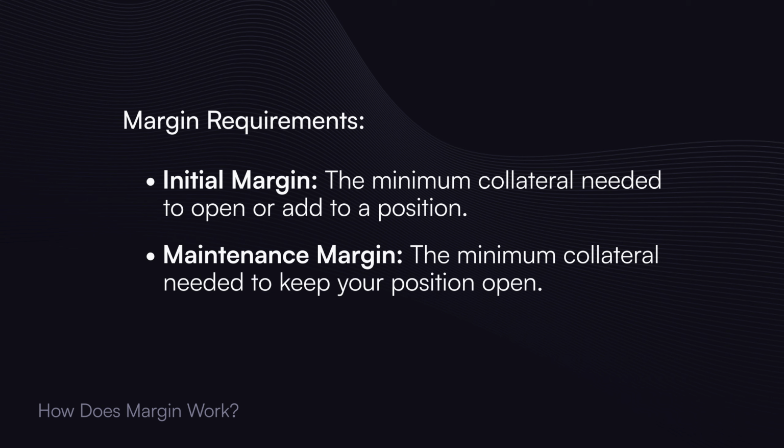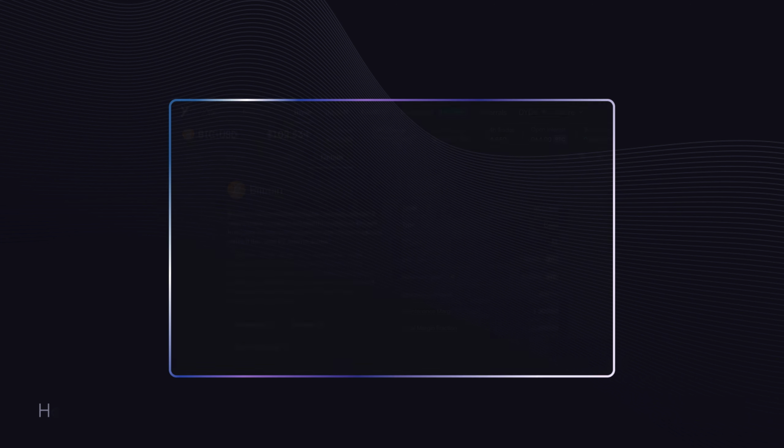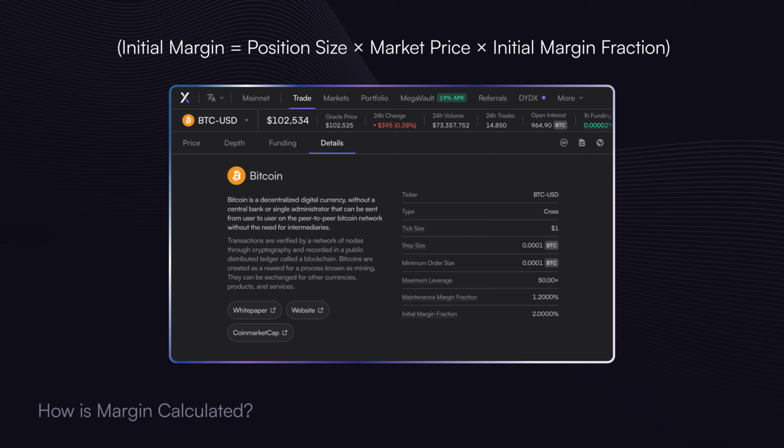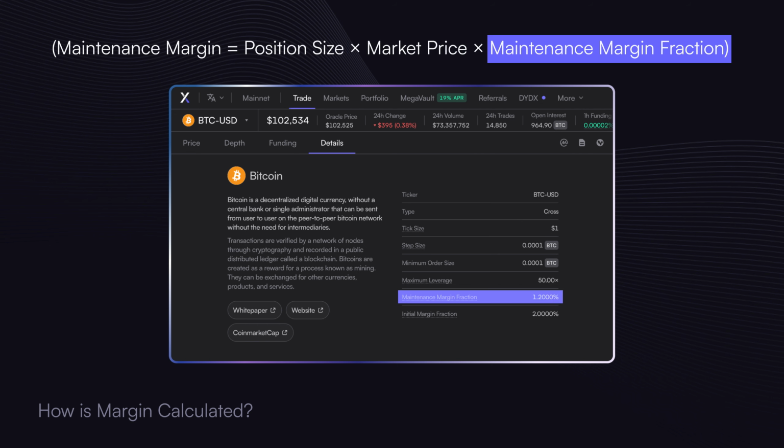The second is the maintenance margin, which is the minimum collateral needed to keep your position open. If your equity falls below this level due to market movements, your position could be automatically liquidated to cover the loss and protect your account from further risk. It's also important to understand how these margin requirements on dYdX are calculated. The initial margin is calculated based on the position size, the market price, and the initial margin fraction for the specific market. The maintenance margin is also calculated using the position size and market price, but applies the maintenance margin